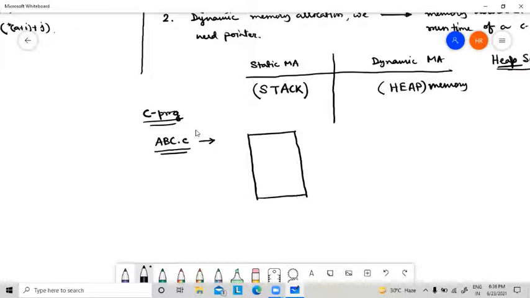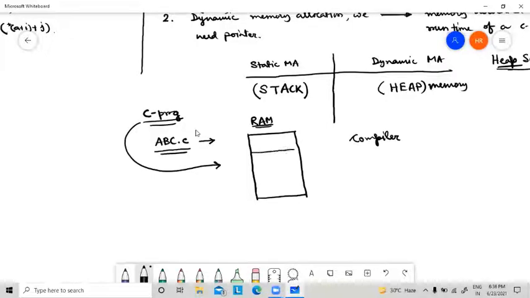Remember this, some memory in our RAM. And for a particular C program, the compiler already defined some specific memory locations, and those memories are divided into some parts.